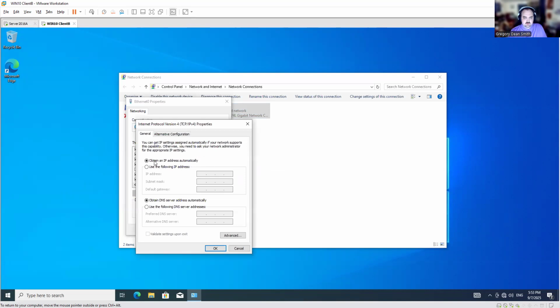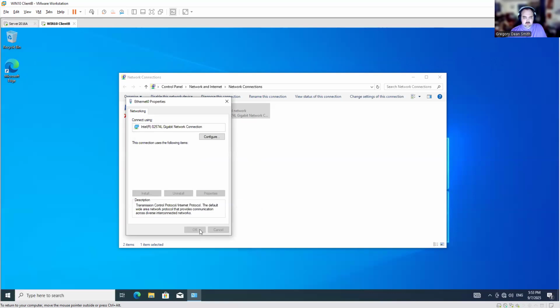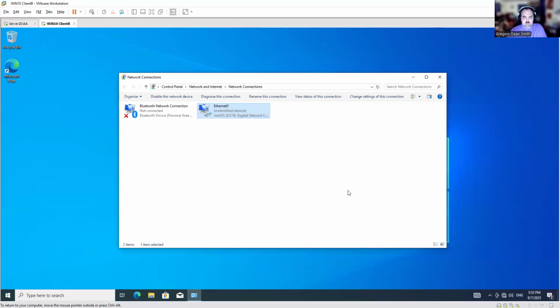And we just want to make sure that we are on obtain an IP address automatically and obtain DNS automatically. We will close these settings,